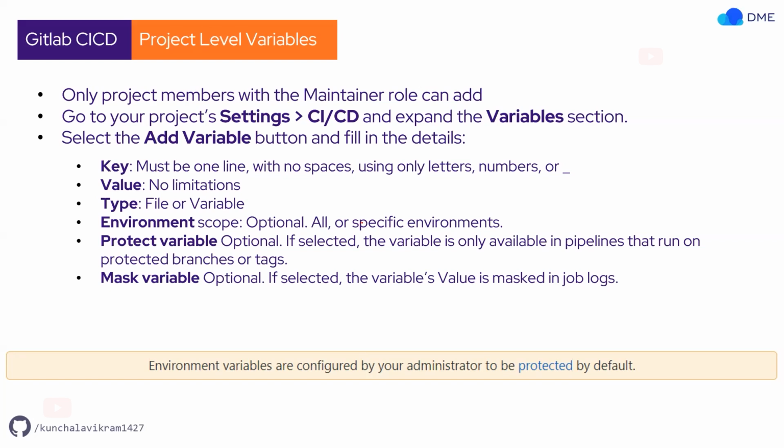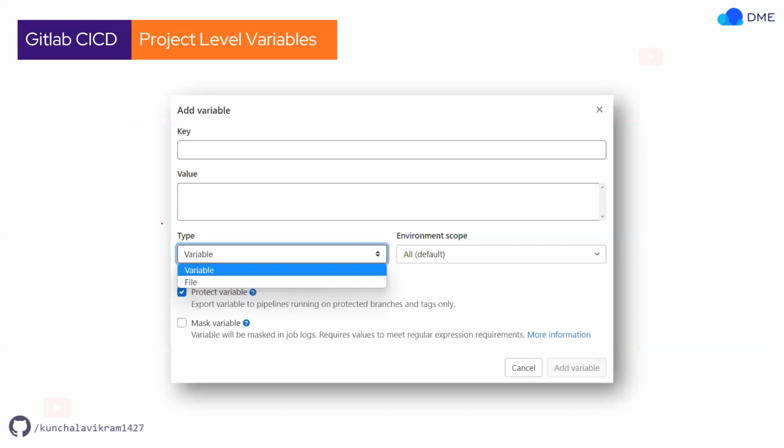Then how do you set the project level variables? Once you have a repository, it is actually called a project in GitLab. You go to project settings, CI/CD, and inside the variables section you can add a name and value to that variable, whether it is a simple value or a file type variable. Then you can set whether you want to mask that variable or not. You'll find this kind of user interface when you go to